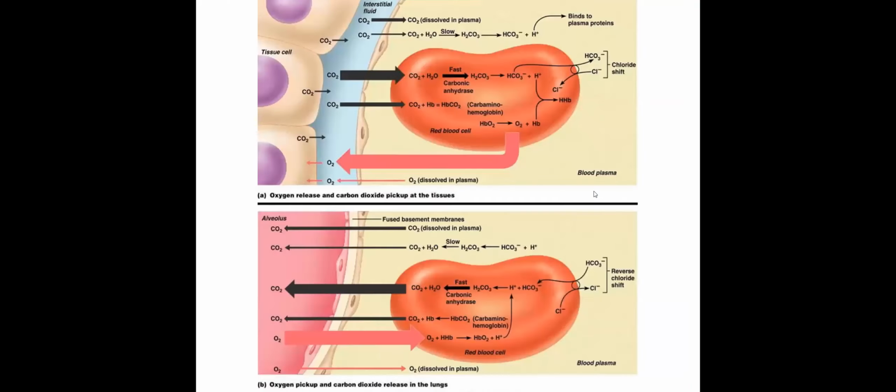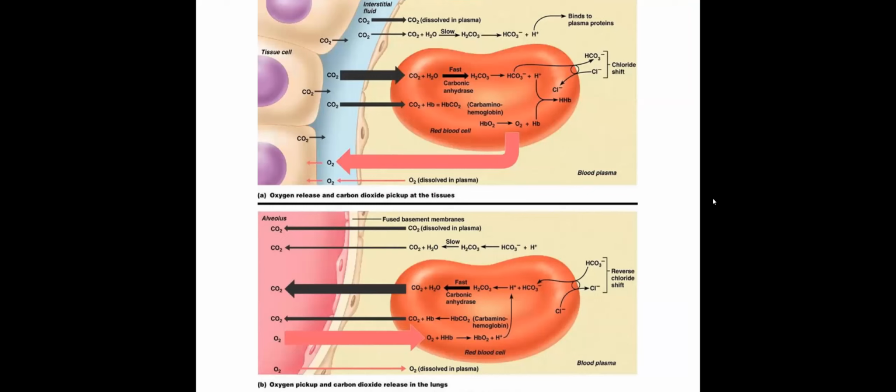Now, let's take this a little bit further. And I believe you guys have seen this formula before. We're looking in the erythrocyte, the red blood cell at the top. This red blood cell is at the tissue level. And you can see